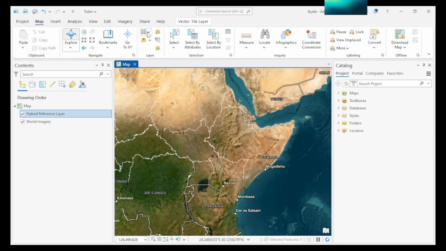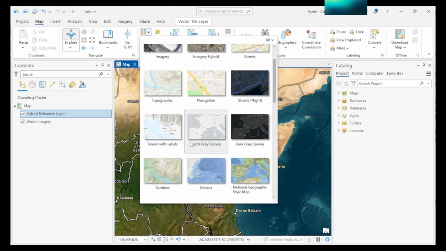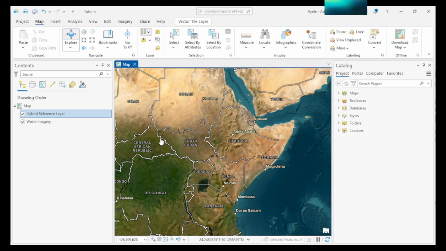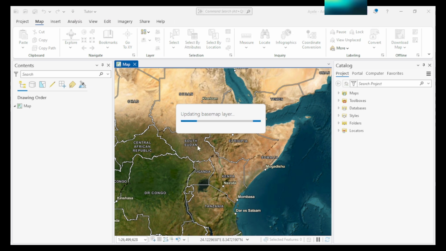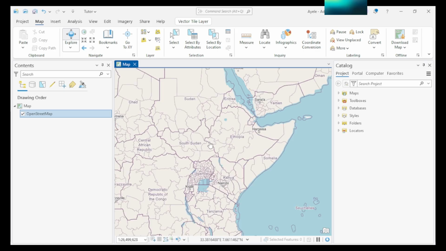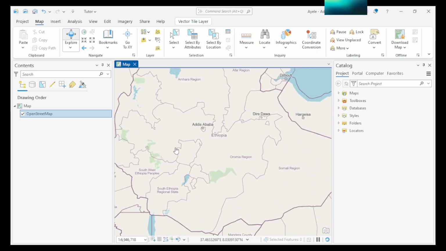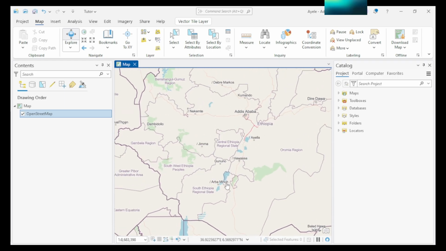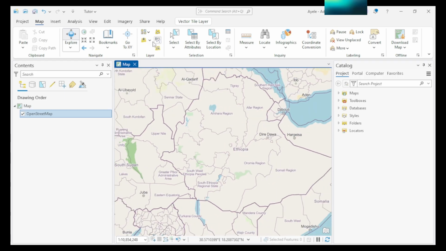Okay, I can also add another, OpenStreetMap. Okay, here you can change like this by using your OpenStreetMap or others.